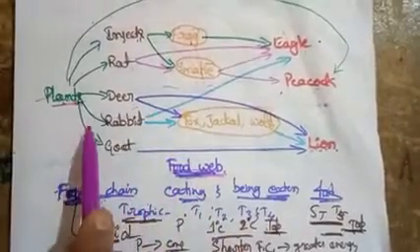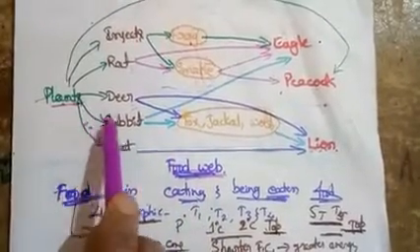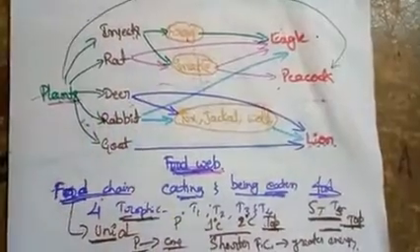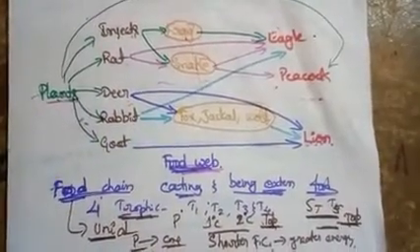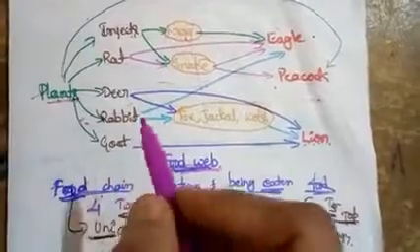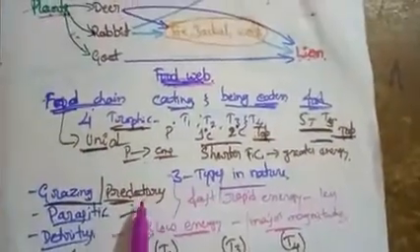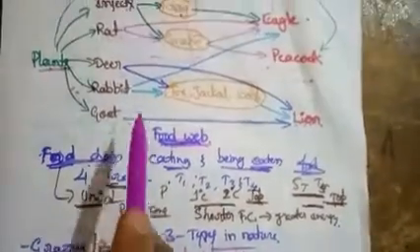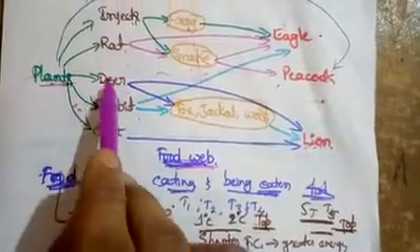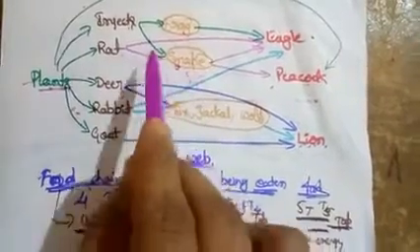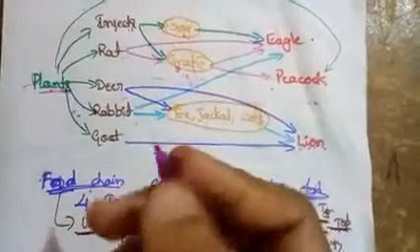In a food web we can see the members of a particular trophic level can obtain their food according to their taste, according to their choice, but this facility is not available in the food chain. So it means they have one or more alternative sources for getting the energy or getting the food.